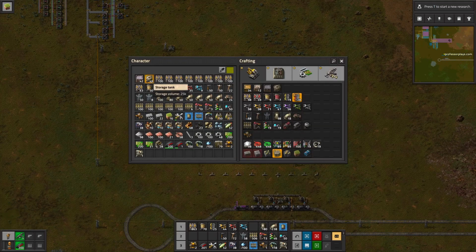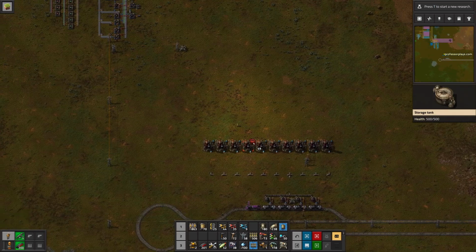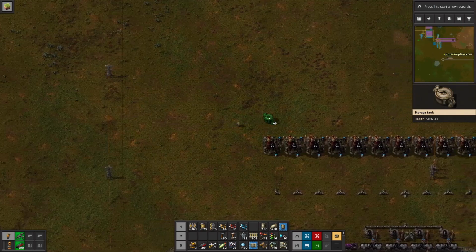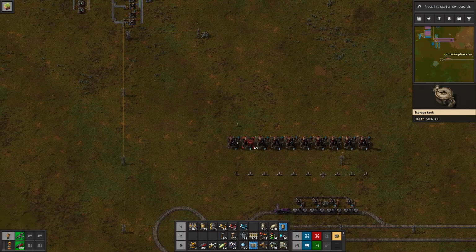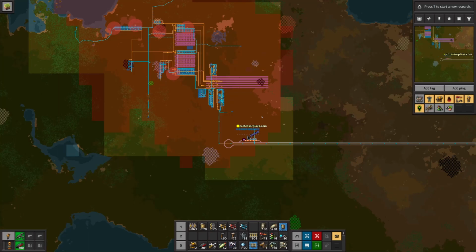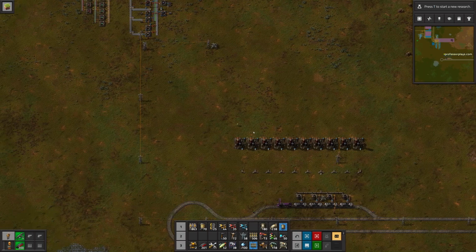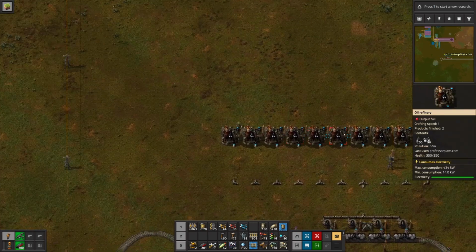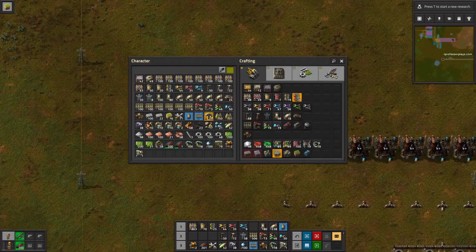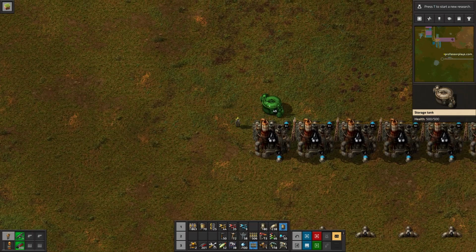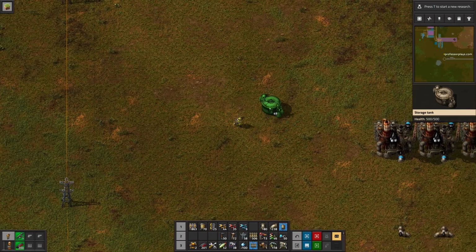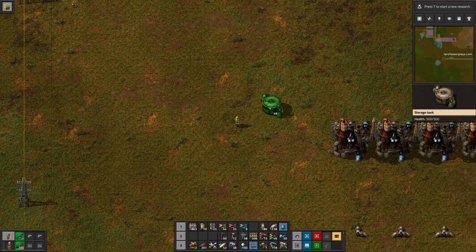Did I have? Yeah, I got a bunch of tanks. Okay, so there's other stuff that we need to do with that fluid. This is gonna get bigger too. So this is gonna get longer this way. Let's build the stuff. I can make these oil refineries grow to the right. So let's put the storage tanks down here for this fluid. So let's say this is going to be